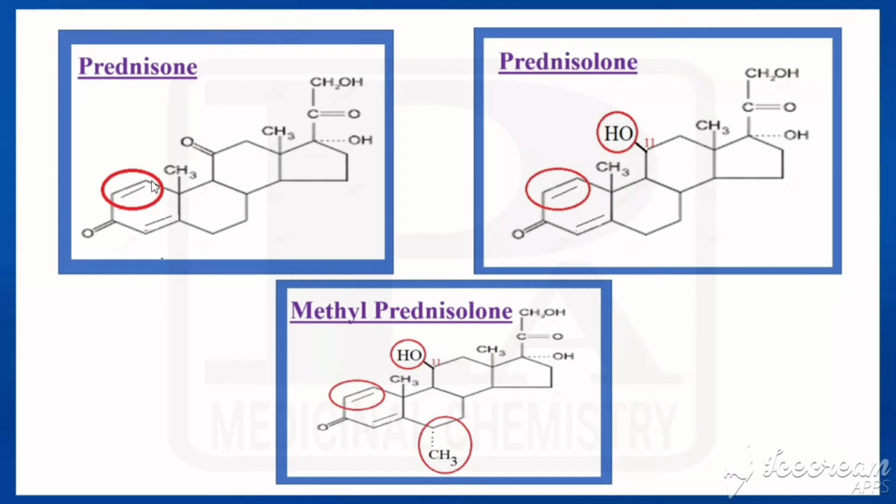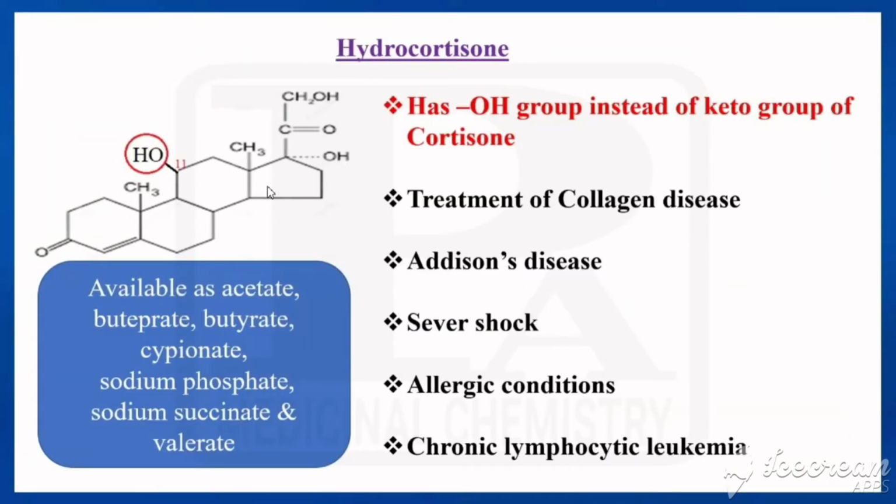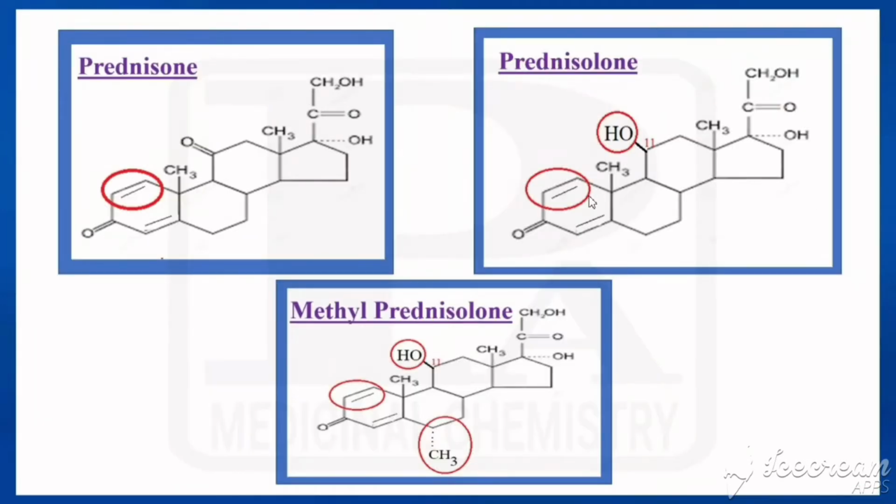That is for prednisone. And come to prednisolone. Prednisolone is same as that of hydrocortisone. Look at hydrocortisone, same as that of hydrocortisone. Here it is having an extra double bond between 1 and 2. So that is called prednisolone. Compare prednisone with prednisolone. In the case of prednisone, 11th position it is having ketone group, whereas for prednisolone it is having hydroxy. Same as that of cortisone and hydrocortisone. Here prednisone and prednisolone.